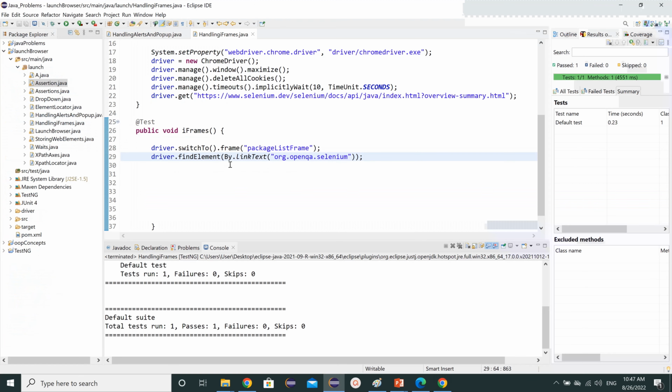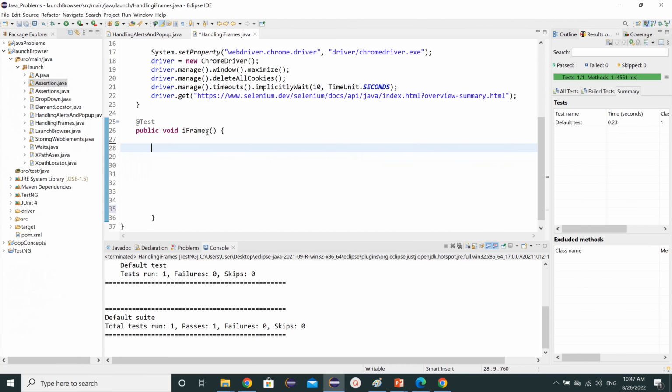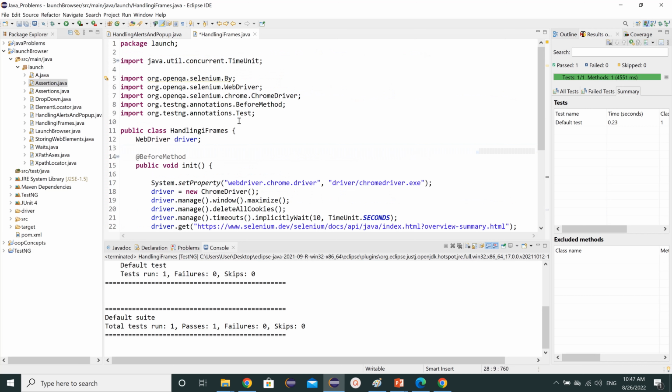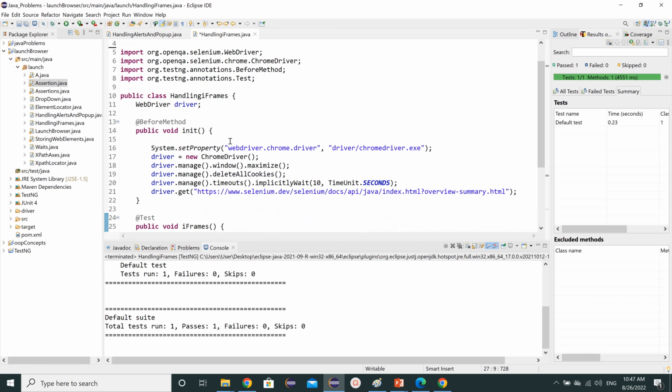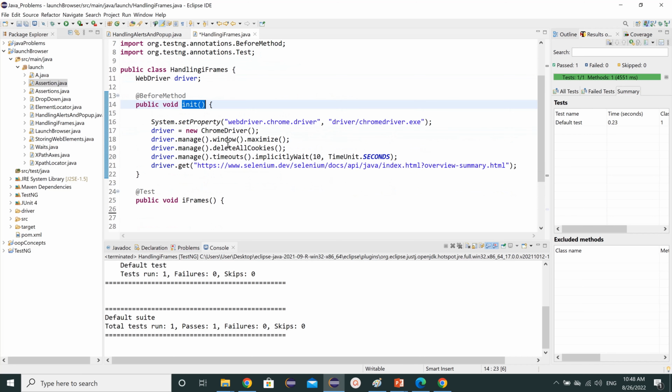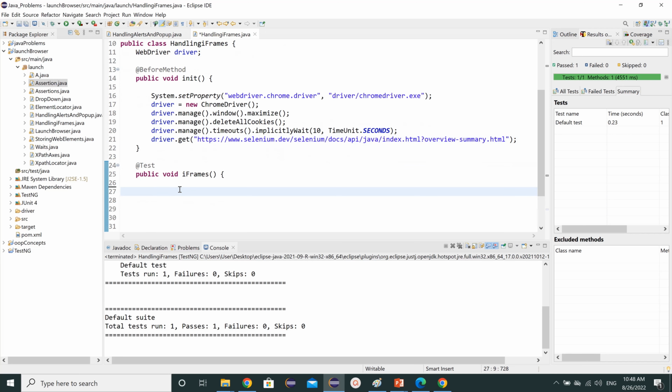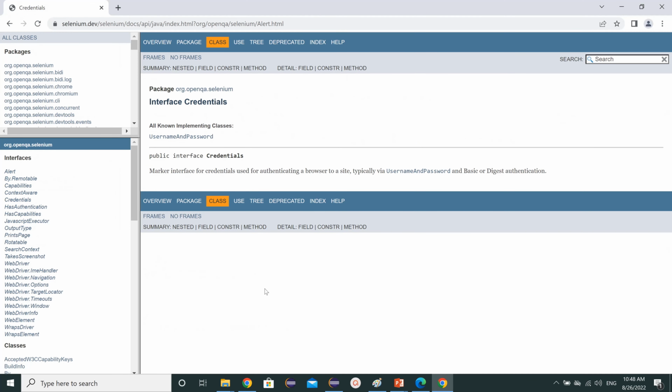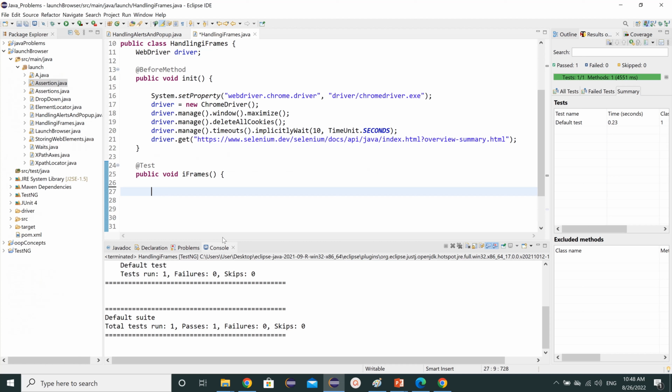So let's start. I have already created a class named handling iframes, and already created an init method where I have globally declared my WebDriver, done System.setProperty, and put the URL where we are going to work today. Here we don't know in which frame our web driver actually is. So first of all, we need to direct our web driver